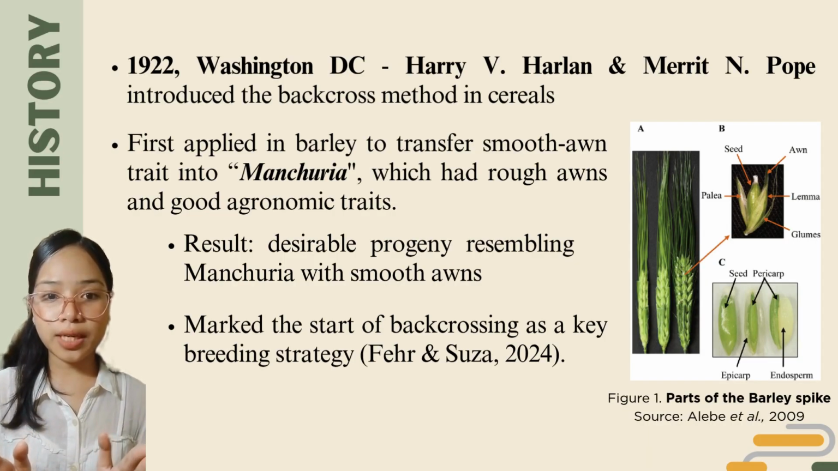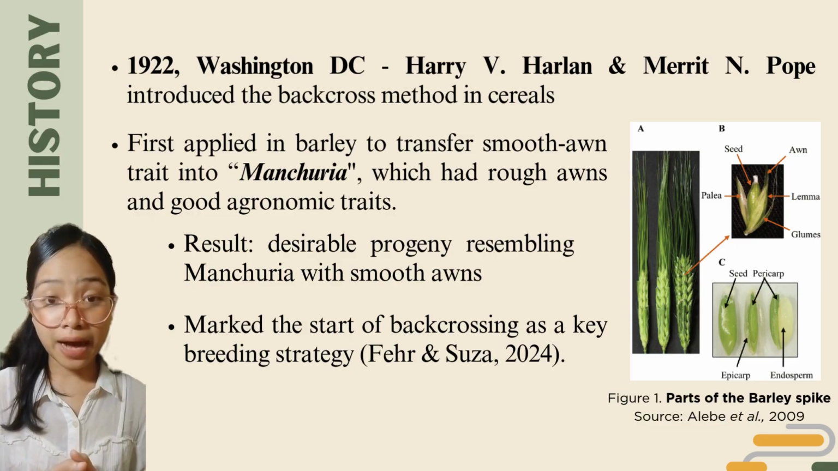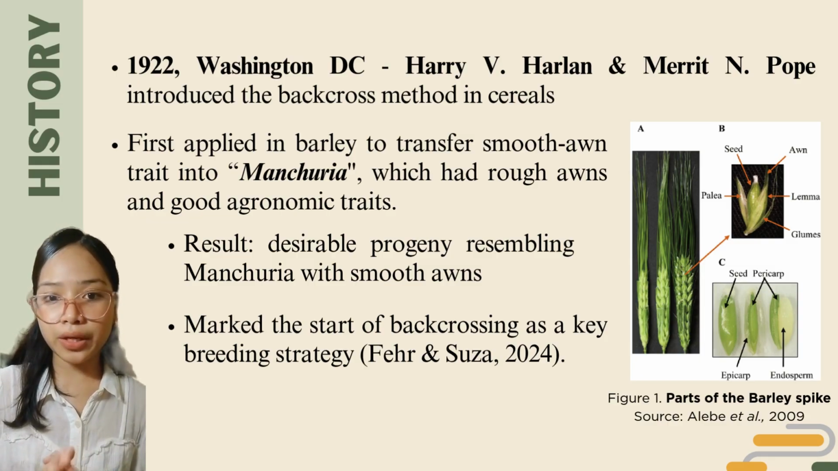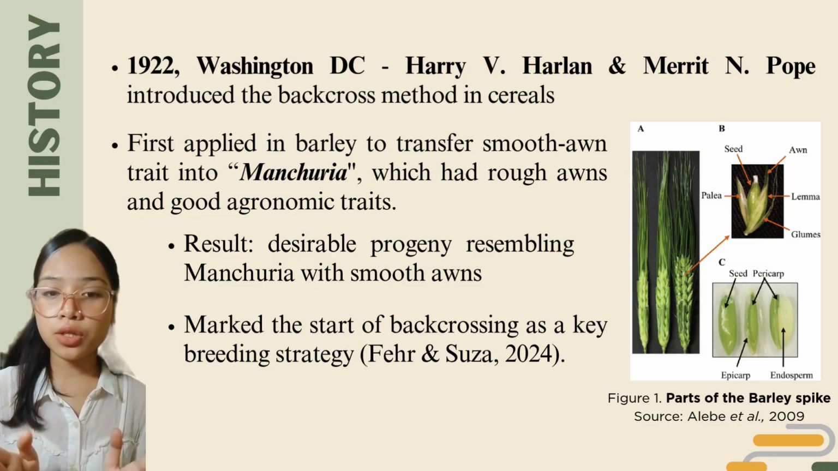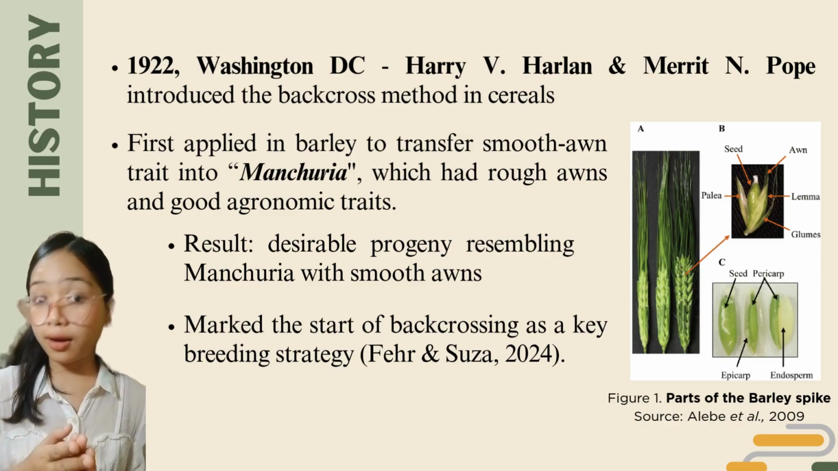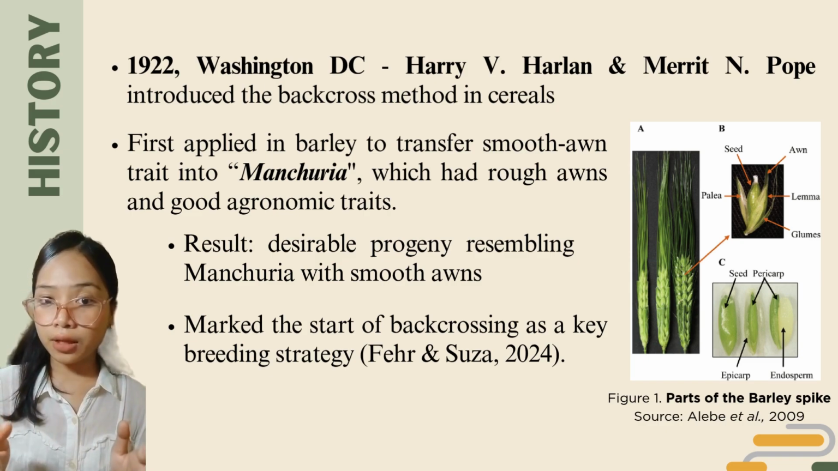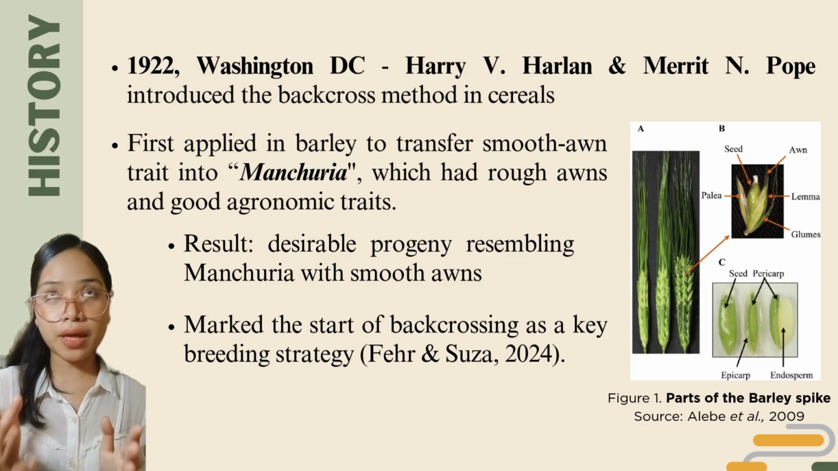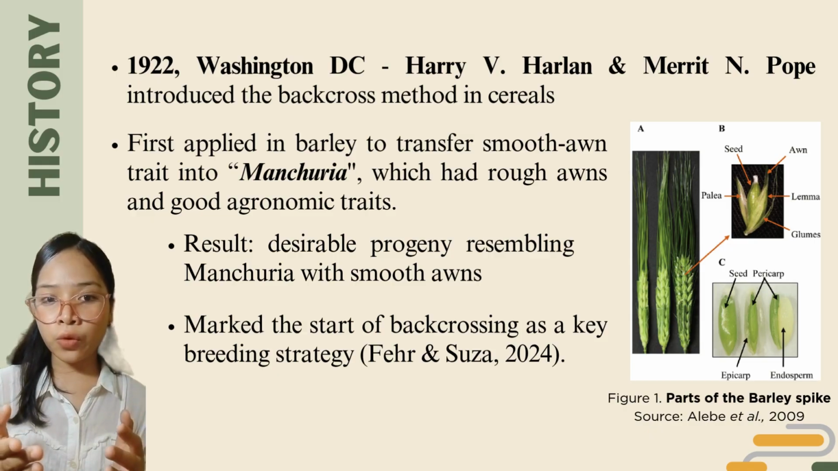Now let's look into the history of the backcross method. Backcrossing as a formal breeding technique was first introduced in 1922 in Washington, D.C. by Harry V. Harlan and Merritt Pope. They developed and demonstrated this method specifically for cereal crops. Their first notable work was in barley,